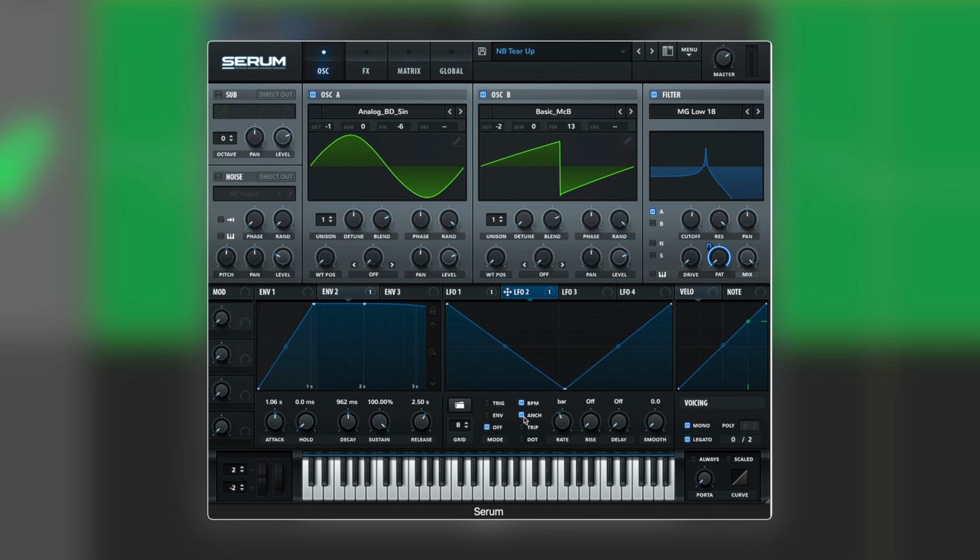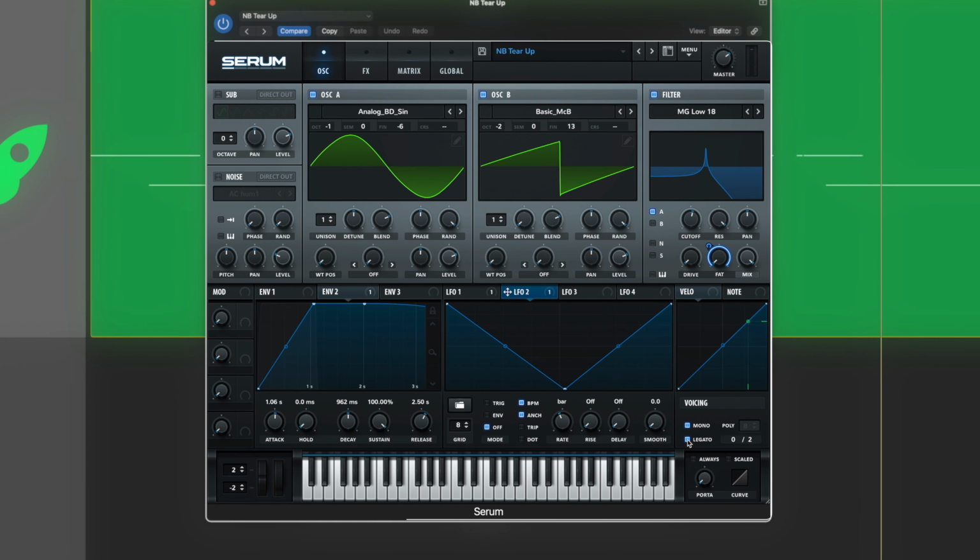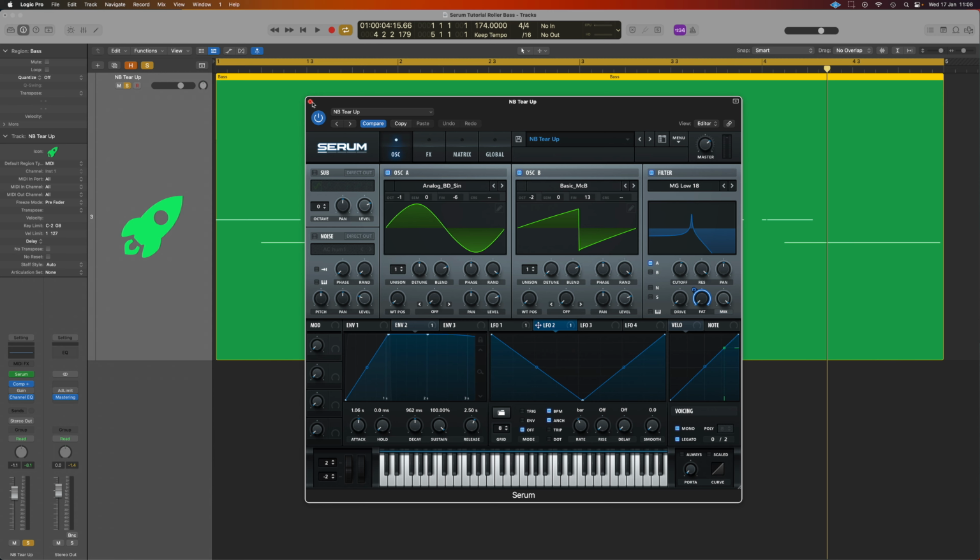each time. And we need to make sure the LFO anchor is on as well here, because we want it to always be synced with the global position, which is what that does. Now, some key voicing factors as well in this one. Over here, we've got mono switched on, we've got legato switched on, and that's important for these first notes here